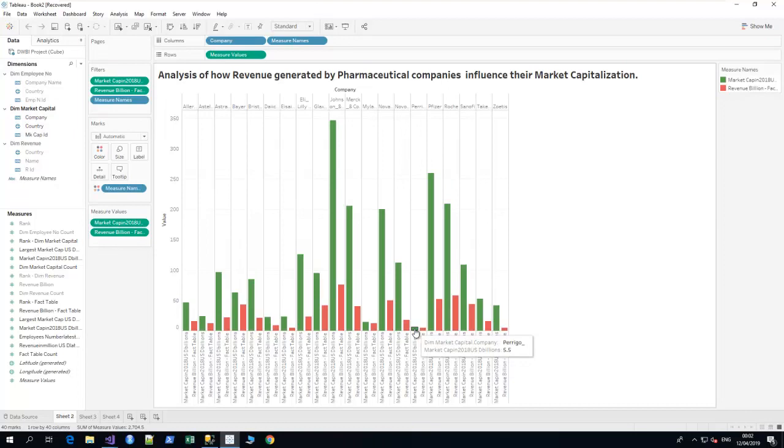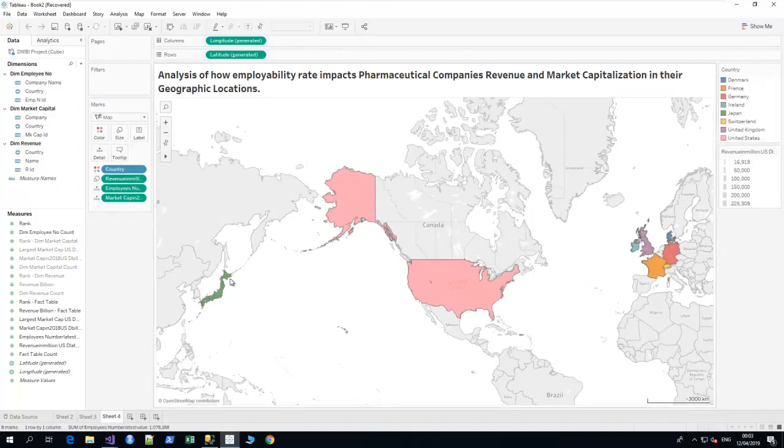And here is Perrigo. They generated market capital of 5.5 billion US dollars because the revenue they could generate was 5.0 billion dollars. So we could see in this query that if our revenue generated is high, investors will be attracted to invest in the pharmaceutical company, as in the case of Johnson. So my query leads to how and what pharmaceutical companies should do to be able to generate high revenues, which takes me to the second BI query, and this is